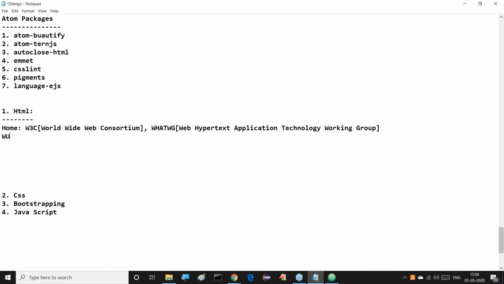Right, sir. Good. Who is the author for this HTML? Now tell me, who is the author for HTML? Already given information there. Sir Tim Berners-Lee. In general, we used to say Sir Tim Berners-Lee, but actually it is Tim Berners-Lee.